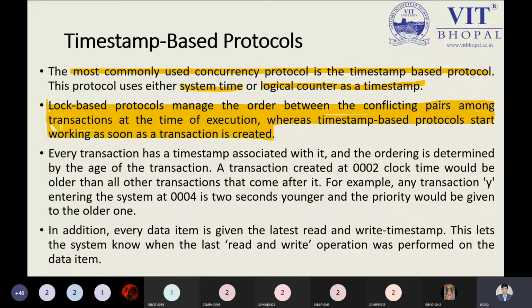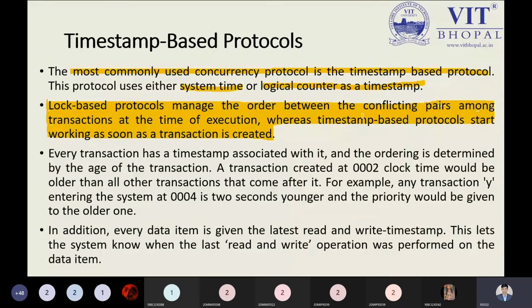How can you say when a transaction has started? It means the transaction should complete within a couple of seconds, depending on the given time. It doesn't mean it has an order. The timestamp-based protocol just follows the timestamp information, so when the transaction is created, the timestamp protocol starts automatically. But the lock-based protocol applies when we are applying the locking. It doesn't depend on what time we start. That is the point we have to understand.